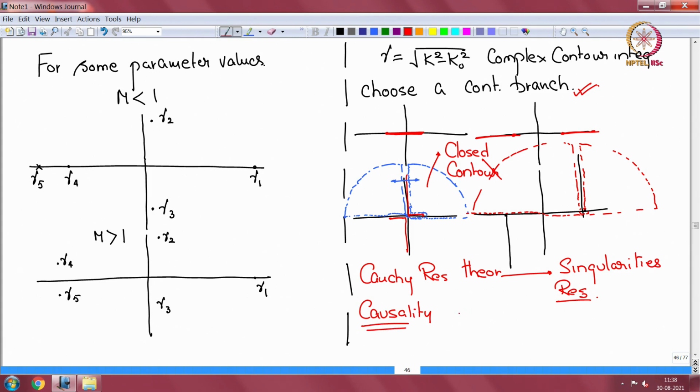Okay. That means if gamma is a real number, it should be a positive real number when k is real. Similarly, gamma, if it's imaginary, it should be negative imaginary, again when k is real. Okay. So now with these restrictions,